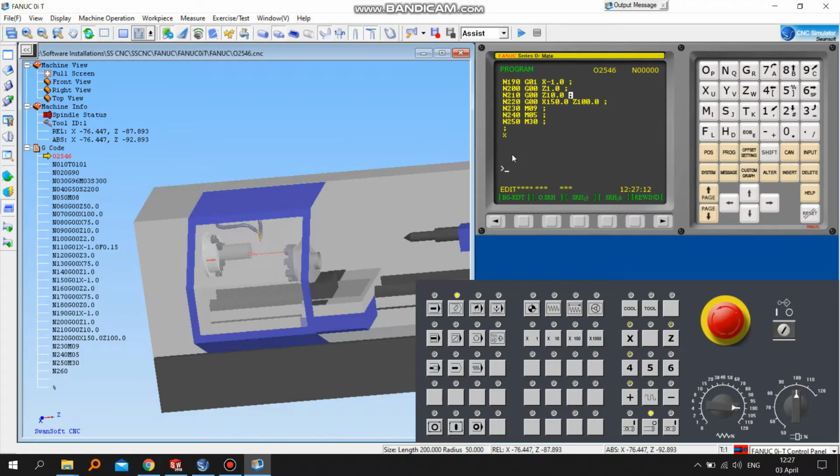I have completed my program and I will just click reset to get onto the start position of the program. So this is our program.